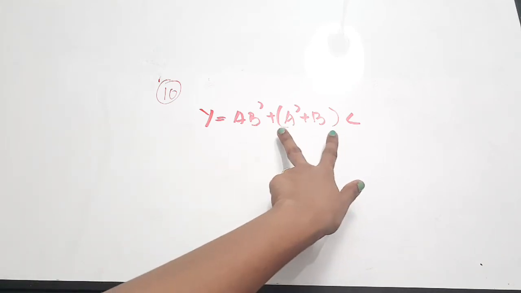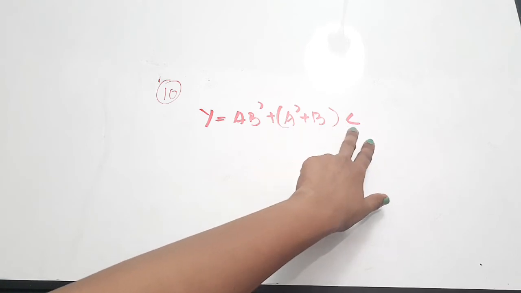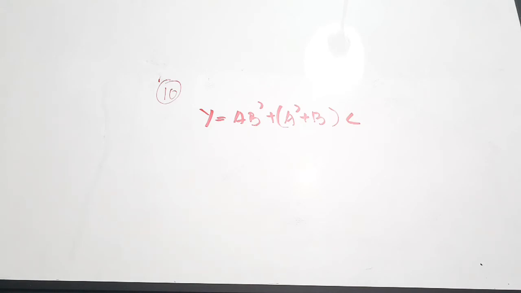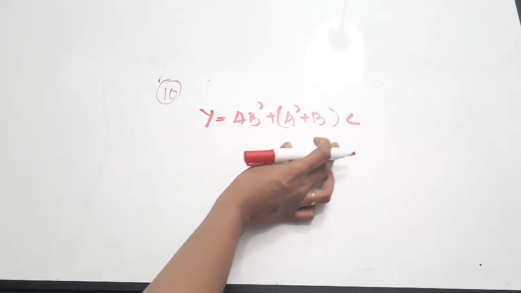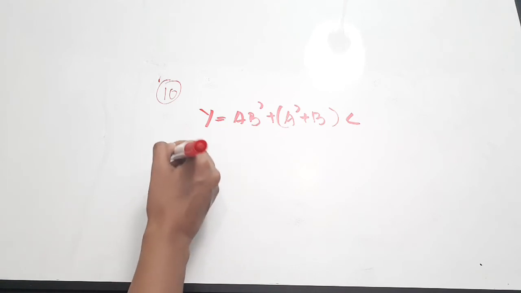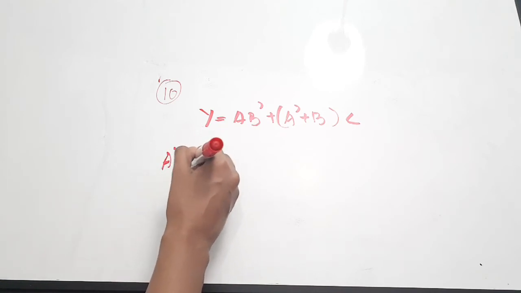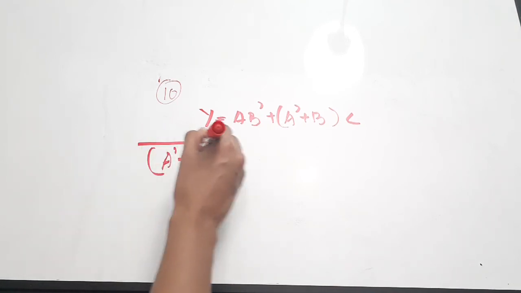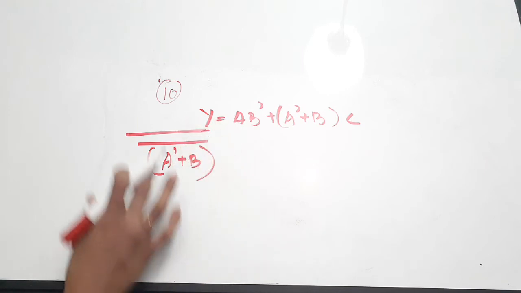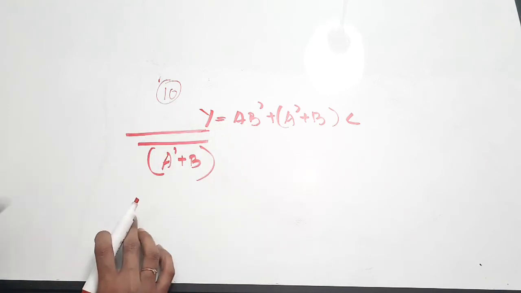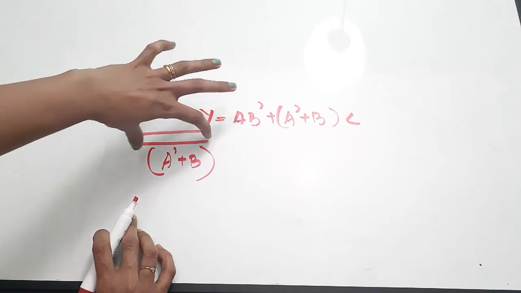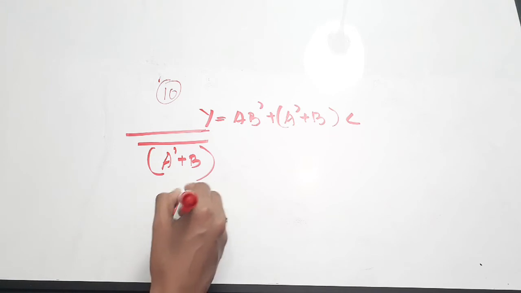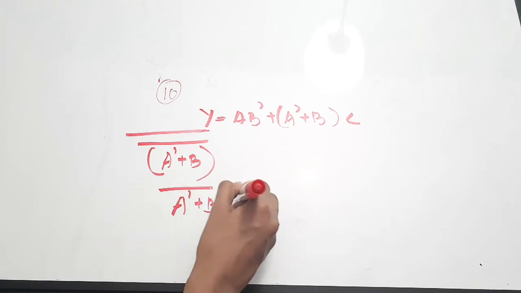We have a sum here and a product to that, and again a product term here. Now in this bracket, what I'm going to do is apply De Morgan's law. So if you apply to A complement plus B, I'm going to apply a double complement, only then it gets nullified, right? We'll take the upper complement as it is and perform De Morgan's on the lower complement. So A complement plus B, the whole complement, is equal to